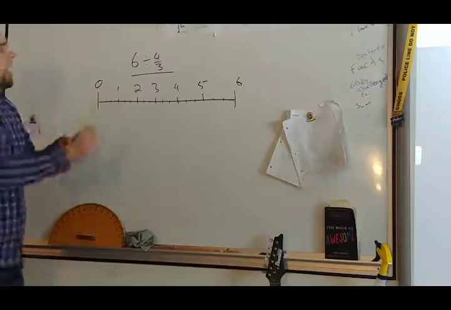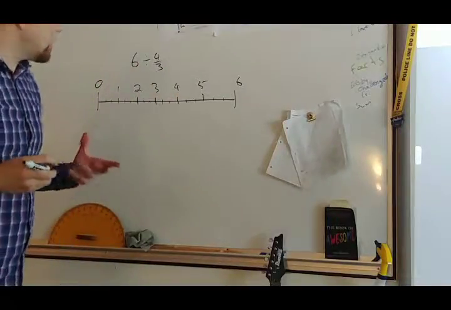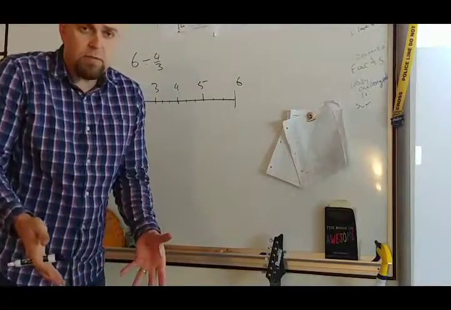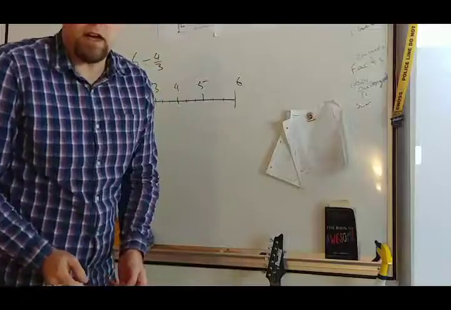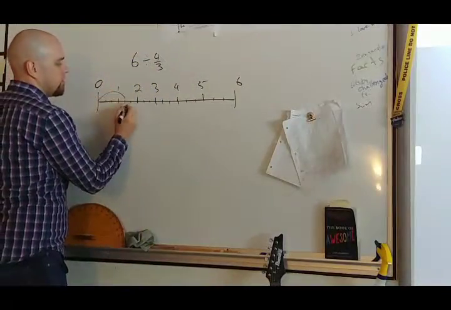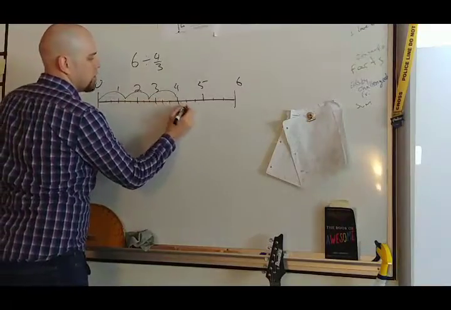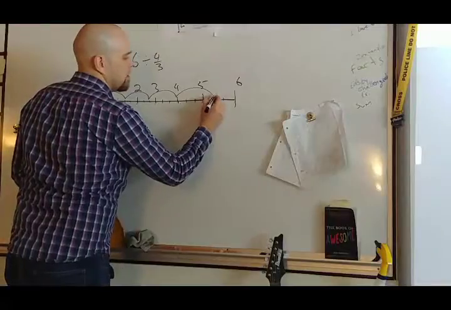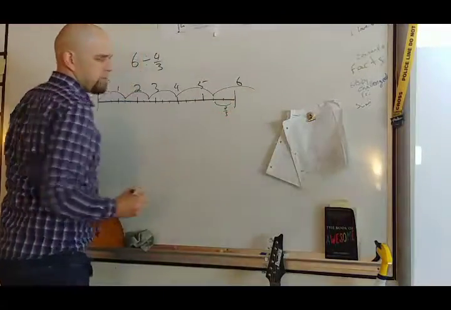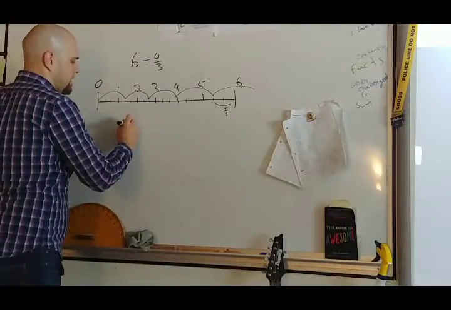So we're seeing how many jumps of 4/3 we get in 6. Now the example I gave the class was, I have a frog. Every time he jumps 4/3 of a tile, or 1 tile plus a third. So he jumps 4/3, 1, 2, 3, 4, 4/3, 4/3 again, and then he jumps that 4/3. Well, we noticed that this is 2/3 left. So I said, well, we got 1, 2, 3, 4 jumps, and I said to the students,